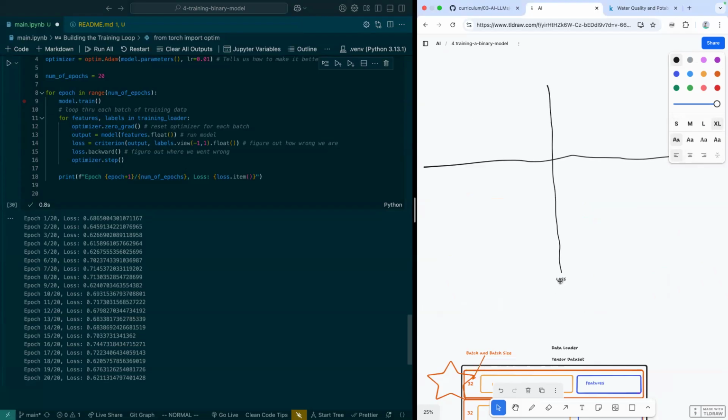Right? How wrong we are. And then the x-axis is in effect